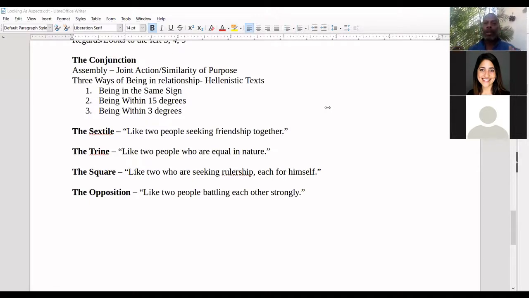So the issue for those of you who have the Neptune really close to your planets is that you have to be constantly discerning for yourself what is real. You have to be constantly going against the temptation to succumb to the non-reality, because that's what you're going to want. You're going to want the non-reality over the reality, and it's going to set you up for a fall that fucks you over.